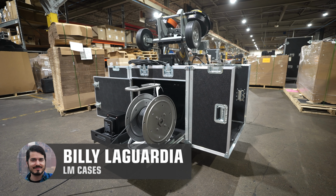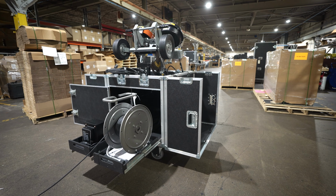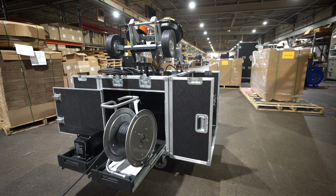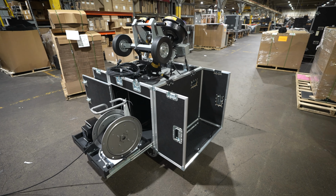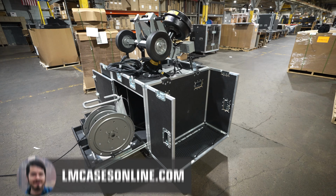Hey friends, Billy from LM Cases here, and today we are going to take a look at a cool modified version of our standard Snap Attack football launching machine case. So this is a standardized product for us. You can buy the case with or without the football launching machine direct from